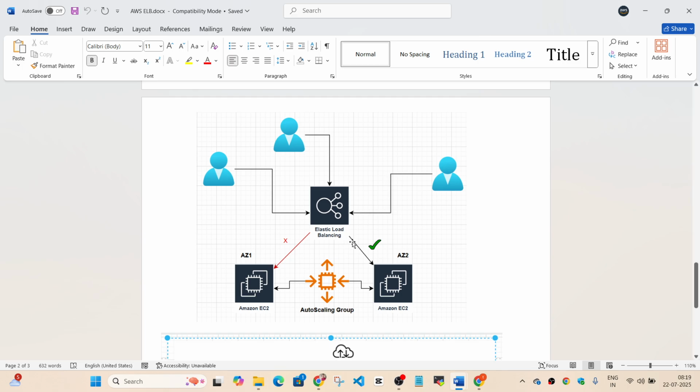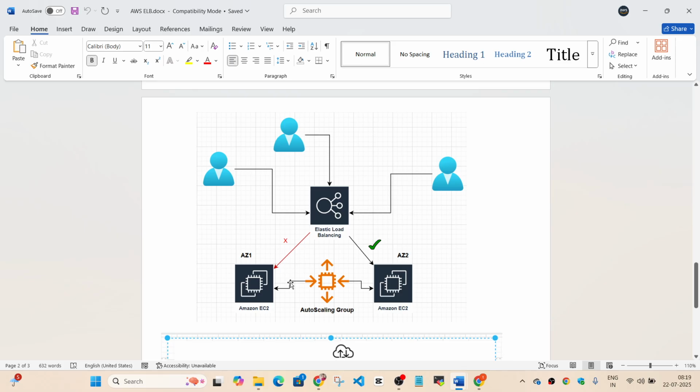Apart from distributing the traffic, apart from routing the traffic from the clients to the target machines, it also works to identify the faulty targets. It is able to perform health checks on its target machines. ELB has its own health check criteria that you can set in the configuration of this ELB resource in AWS.